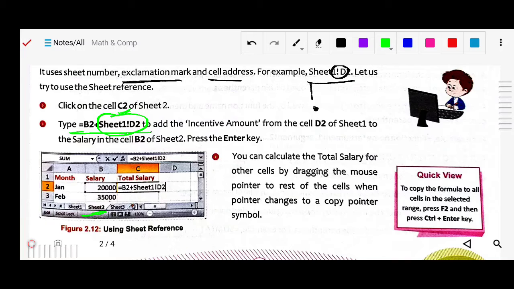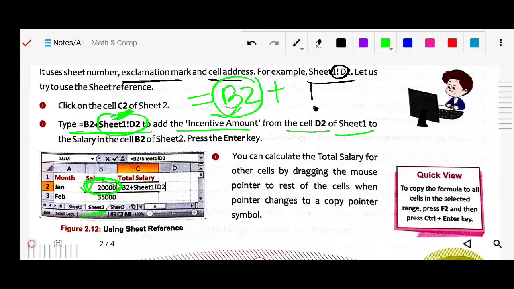So here you can see, add incentive amount from D2 of Sheet1. Where is Sheet1? Here are Sheet1, Sheet2, Sheet3. So in this formula, equal sign B2 plus, this is B2, the name of the cell.